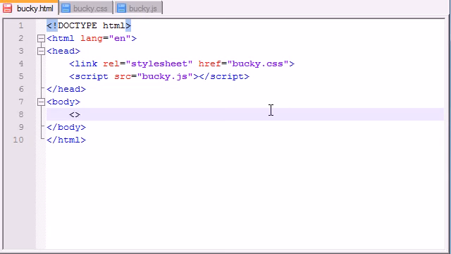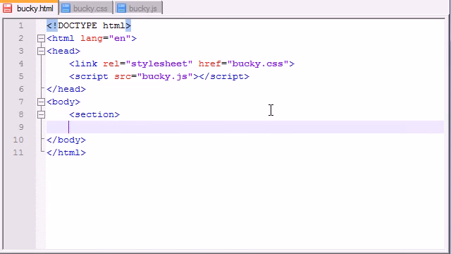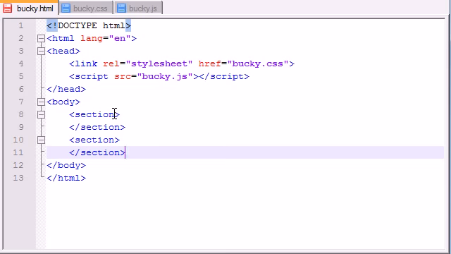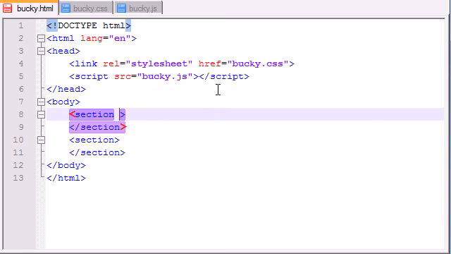So let me go ahead and make two boxes, two sections, and wow, I messed that up. Two sections, one on the left and one on the right. So this is going to be my left one, and I'm just going to go ahead and copy this right now and make this one on the right. So in order to tell them apart, let's give them both IDs. The ID for the first one can be left box, and let's just go ahead and write something in the